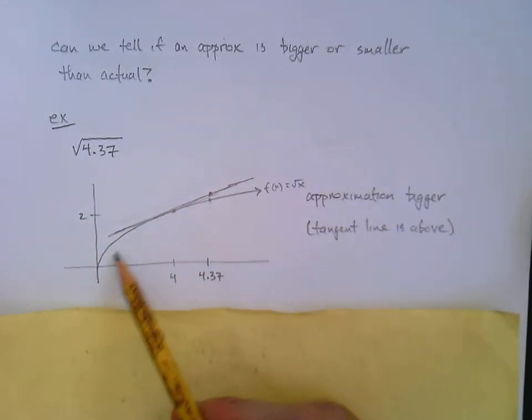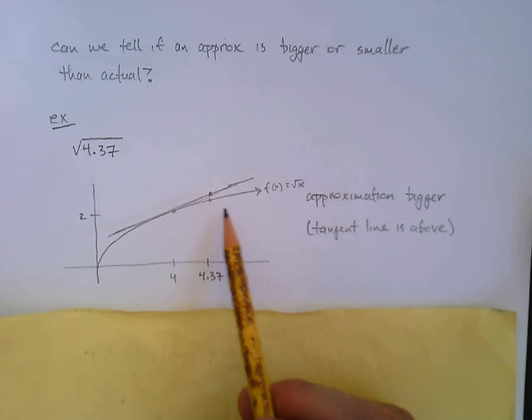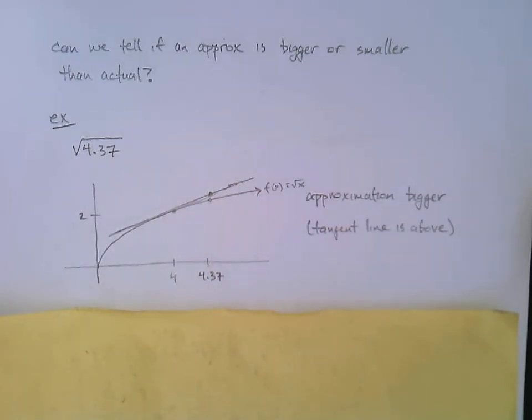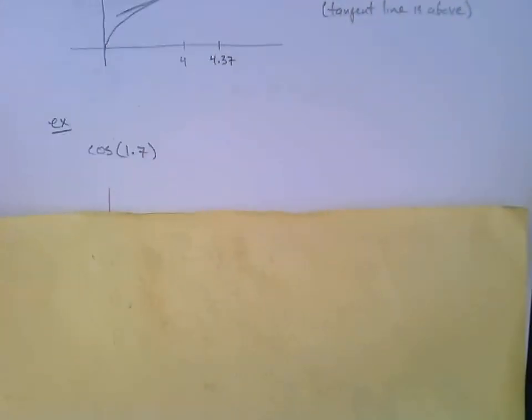We don't have to have a perfect sketch of that. We don't need to know what these numbers are. It doesn't have to be scaled correctly. We can tell that the tangent line is sitting on top. It's above. Versus